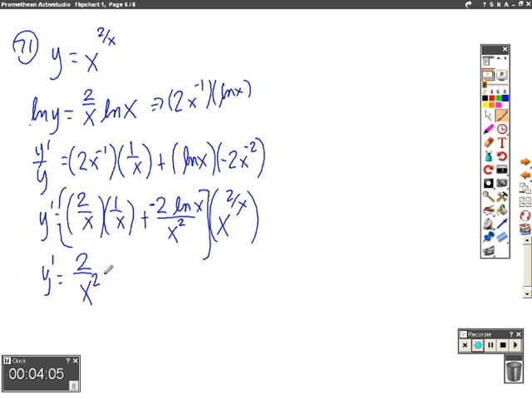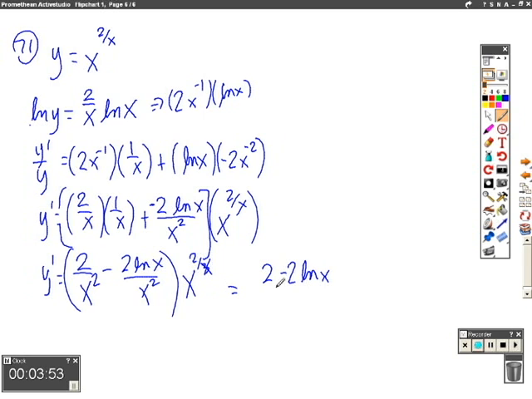Cleaning up a little bit more, x times x in the denominator is x squared, and since they both have a denominator of x squared, I can do one more step of cleaning, and that would be to make one fraction, 2 minus ln of x over x squared, multiplied by x over 2x. And so that is